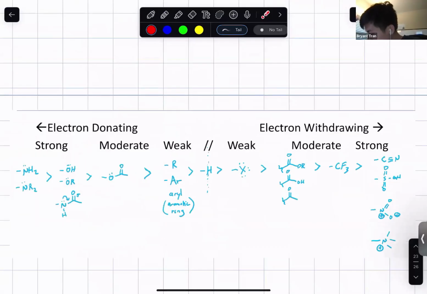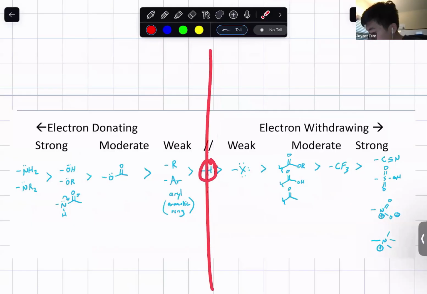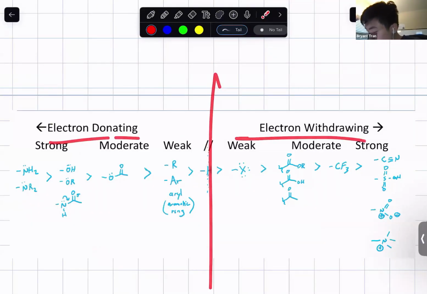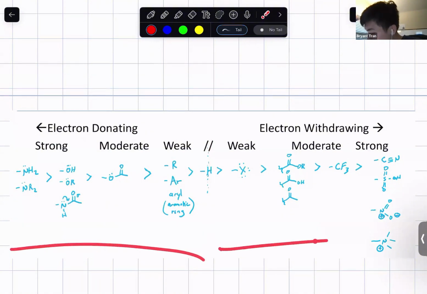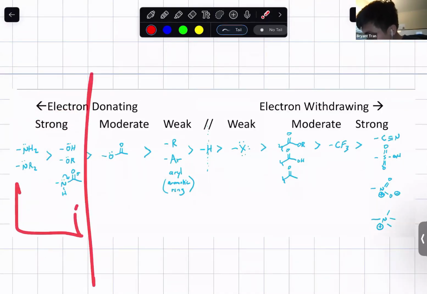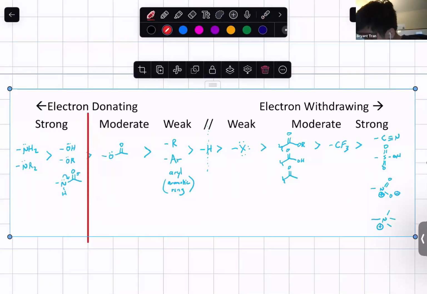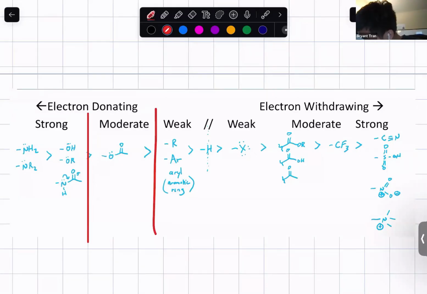So here's the reference line, hydrogen, because hydrogen is not an EDG, not an EWG. Here's the EDGs, here's the EWGs, right? The strong EDGs are here. The moderate EDG, but no, these are the strong EDGs. So let me make a line here, right? Strong, moderate, reference the hydrogen, proton, and then